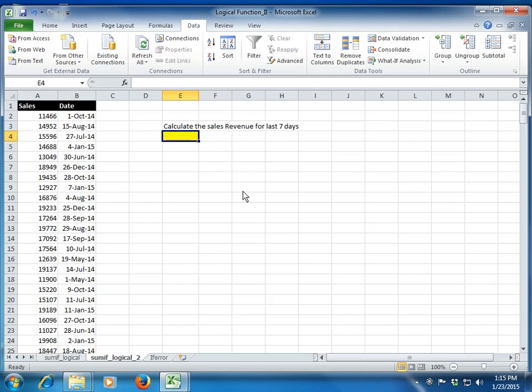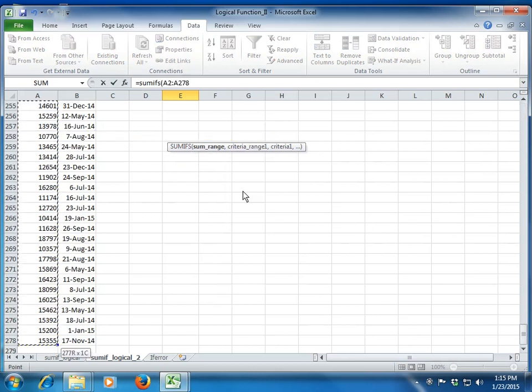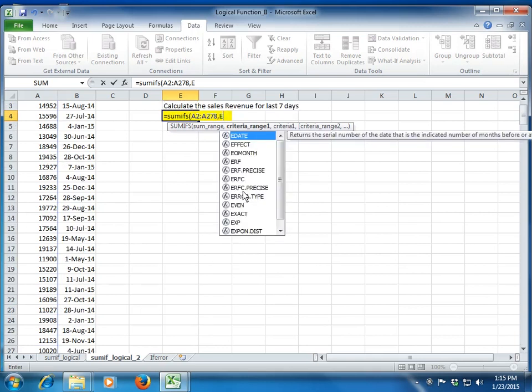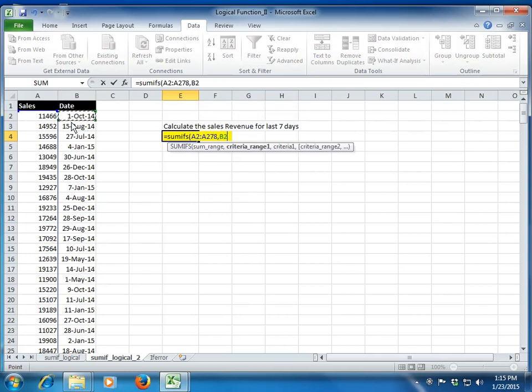First of all, since we have more than one condition in this case, which function will we use? You are absolutely correct. We will use the SUMIFS function, IFS. So I start with a SUMIFS function. I give it a sum range. Okay, the moment I give it a sum range, Excel asks me for a criteria range. So what will be my criteria range? Range is easy to identify. So this is my criteria range.